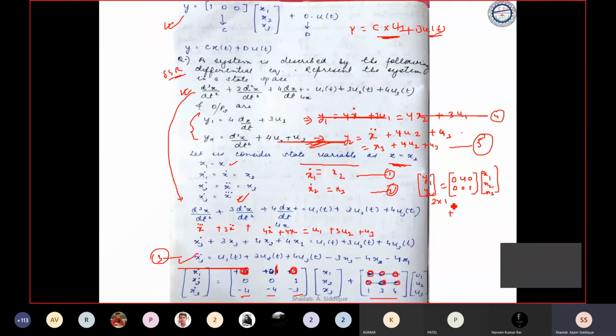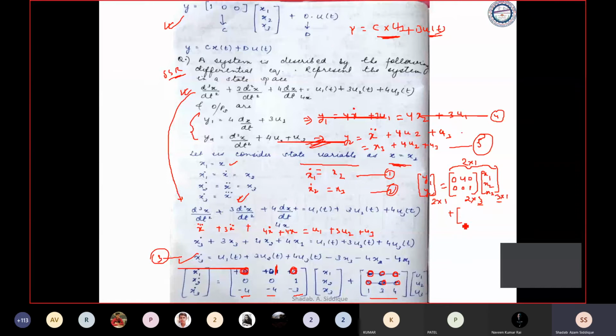We have a 2 cross 1 matrix, and we can check whether this matrix multiplication gives 2 cross 1 or not. We will try to validate. If the validation is not true, that means you have done a wrong calculation. You can see the matrix dimension here: this is three rows and one column, so it is 3 cross 1. And this one should be 2 cross 3. You can see the 3 and 3 match, which is required for matrix multiplication. So overall you get a 2 cross 1 matrix. This is correct.